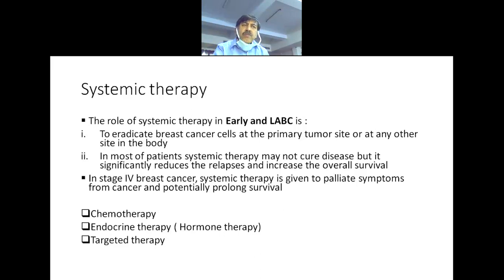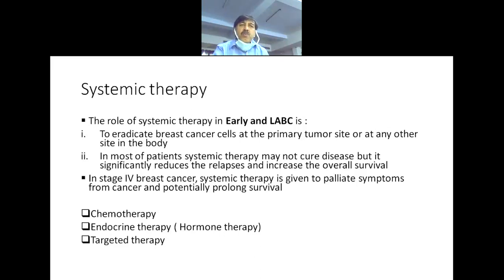And in most of the cases, this systemic therapy may not cure the disease, but it significantly reduces the relapses and increases the overall survival. So in early breast cancer and locally advanced breast cancer, chemotherapy has a definite role to decrease the recurrences and to increase the overall survival. And in stage 4, systemic therapy is given as a palliative therapy to palliate the symptoms